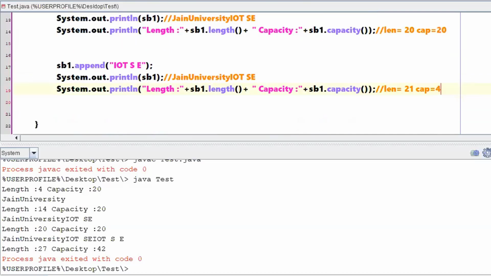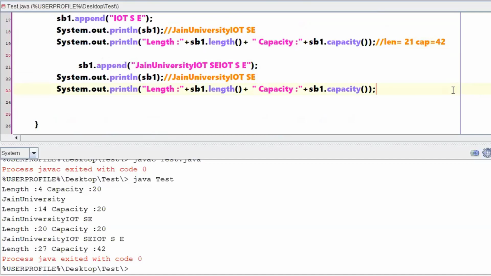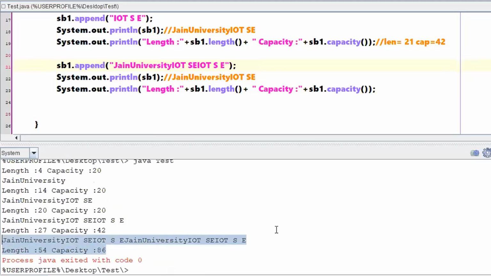Here the capacity was 42, so after this 42, I am introducing once again 27 characters into the string buffer. Let me check what the capacity value might be. So 54 is the length, the capacity is 86.